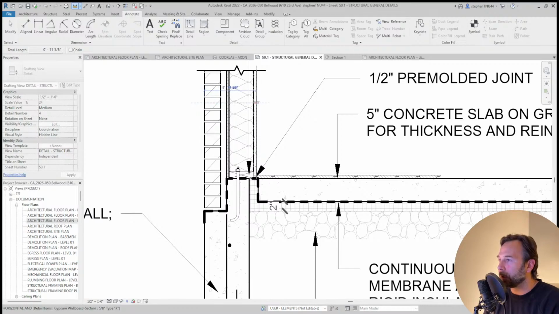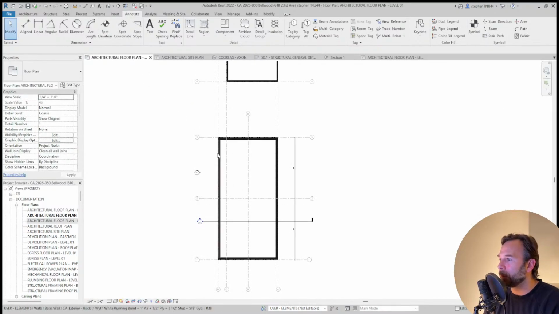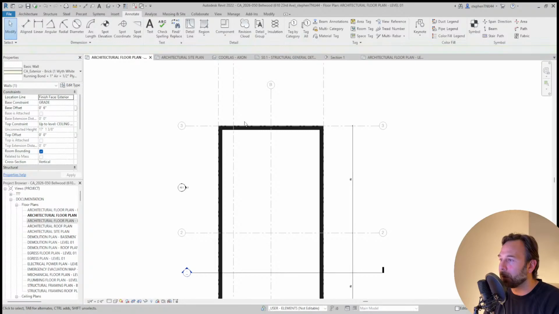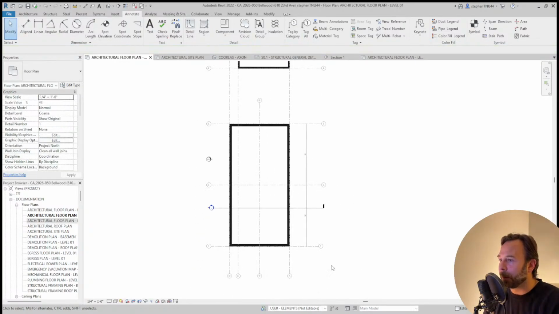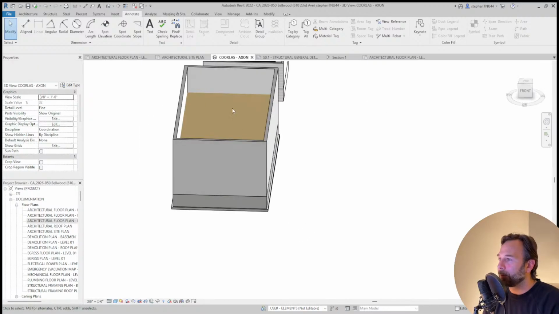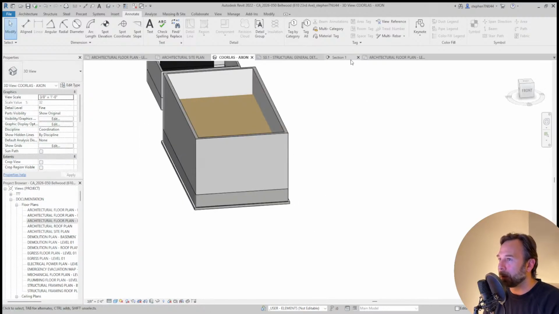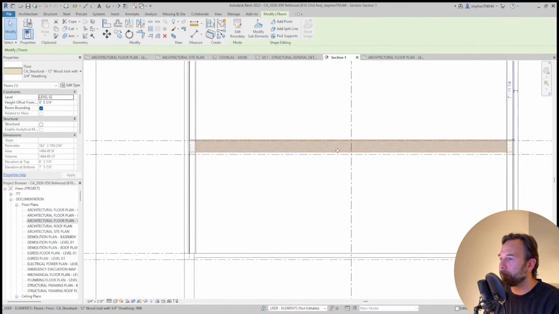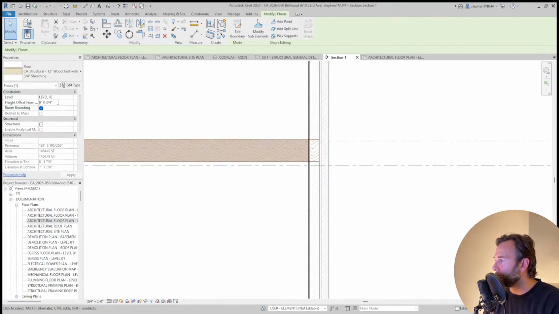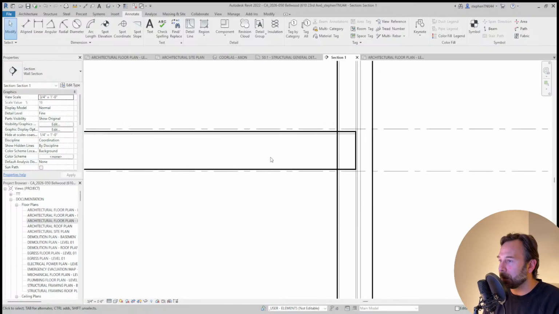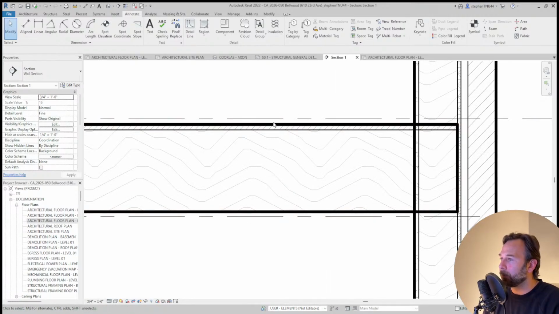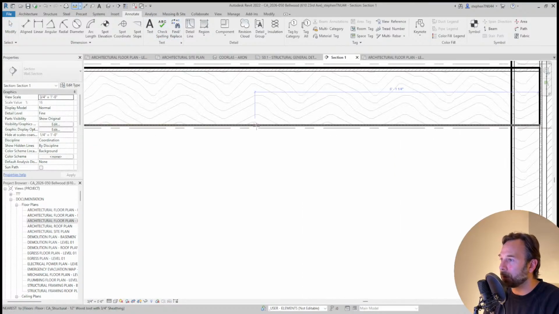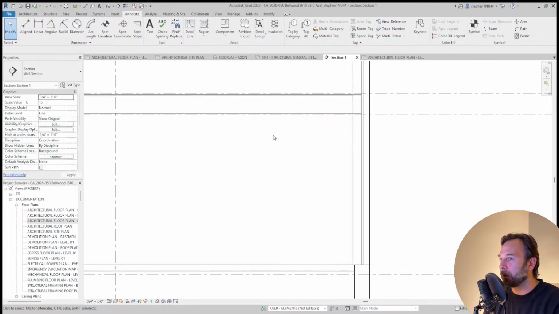I just want to double check we're at 11 5/8 for that wall type, and on here, what is this coming out to? 11 5/8. Okay, perfect. So our wall types are married up, which is good. I've got my second floor plane in there, which I set down. Did I set down? No, I set up. I need to set down 3/4 of an inch to compensate for our hardwood flooring, and then 5/8 of an inch down below to compensate for the gypsum